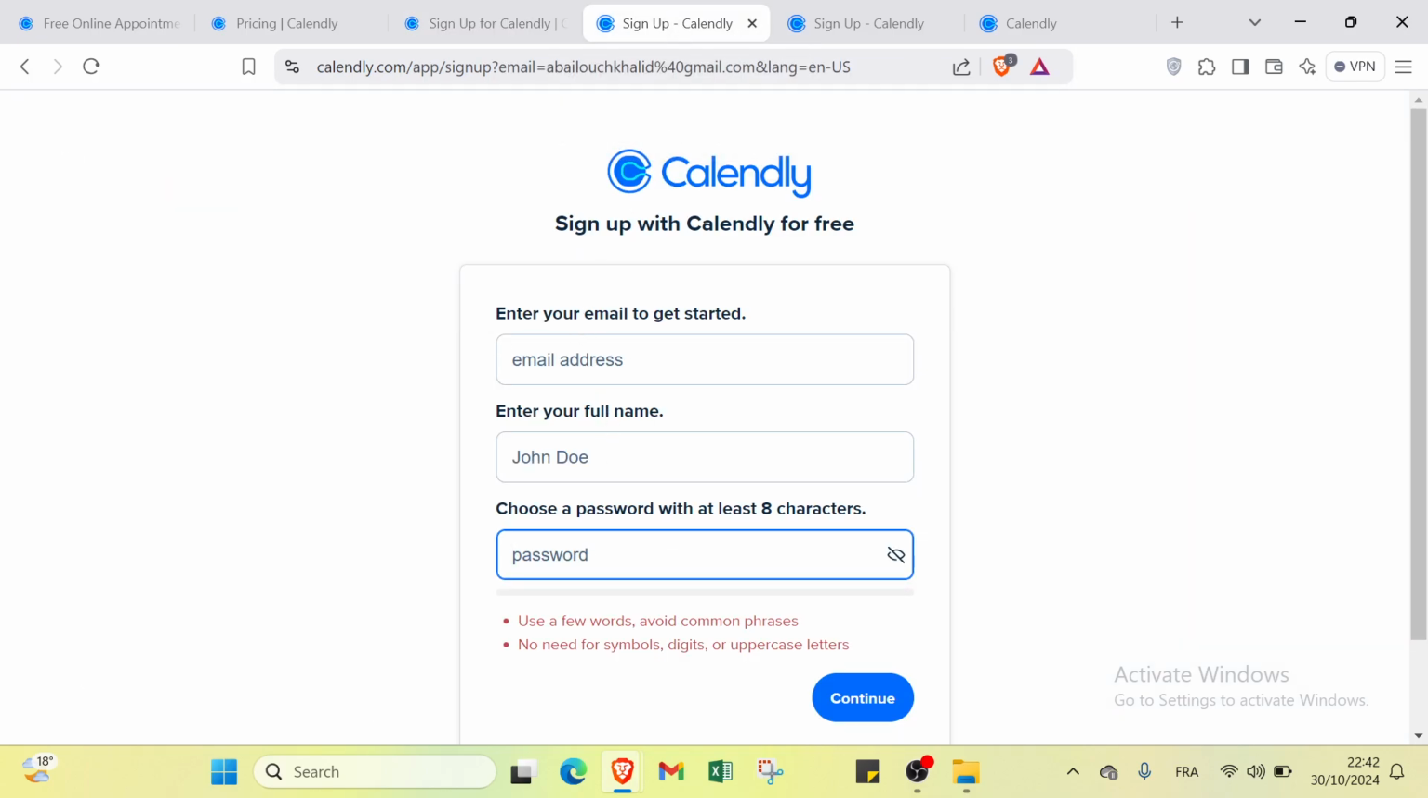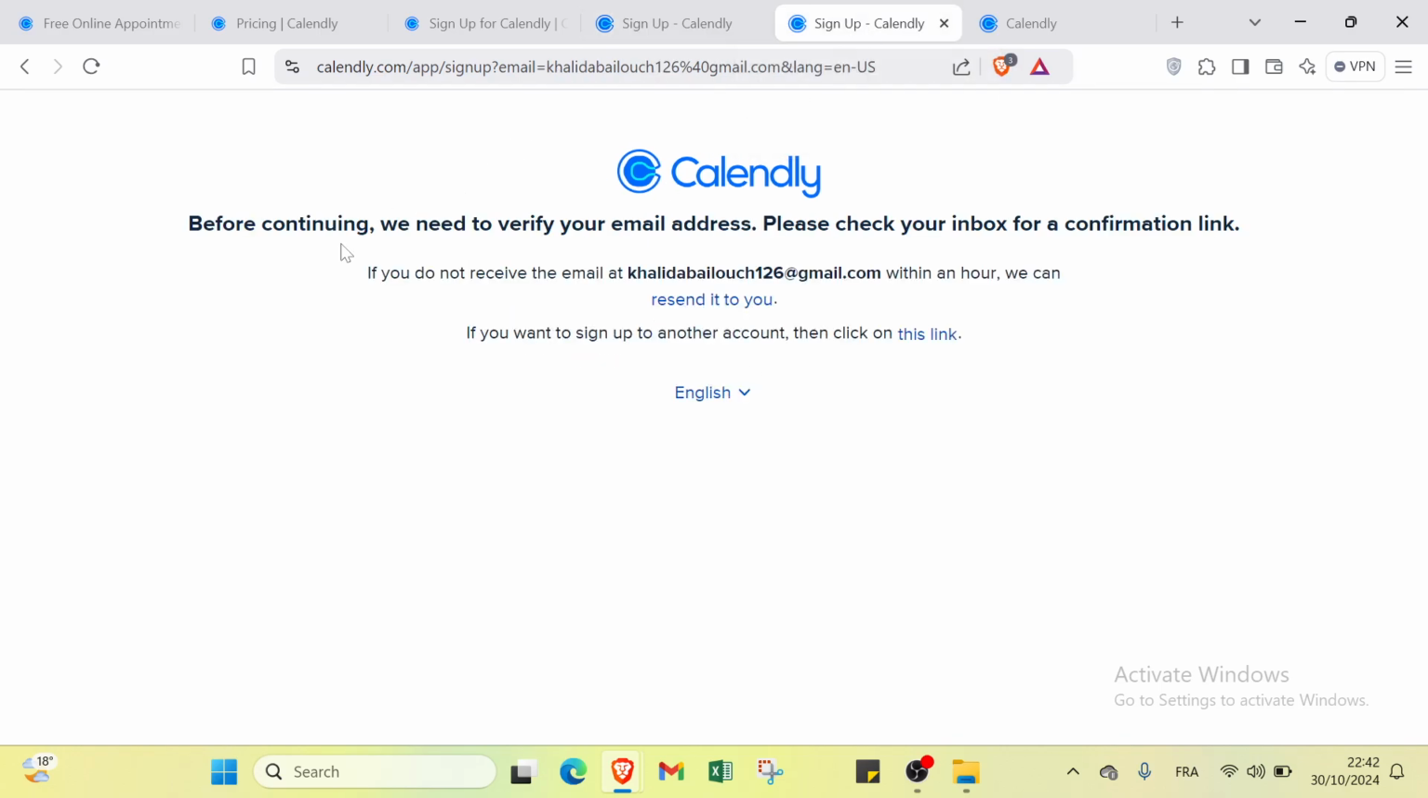You have to enter your email address, your full name, then your password with at least 8 characters, and you click on continue and you'll find another page, which is this one. However, before continuing, we need to verify your email address. Please check your inbox for a confirmation link. Now, if you don't receive the email, you just have to click on send it to you to get started,